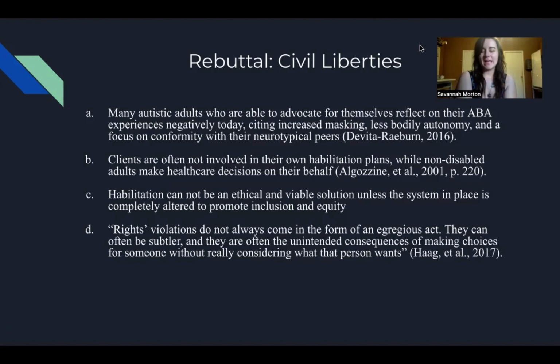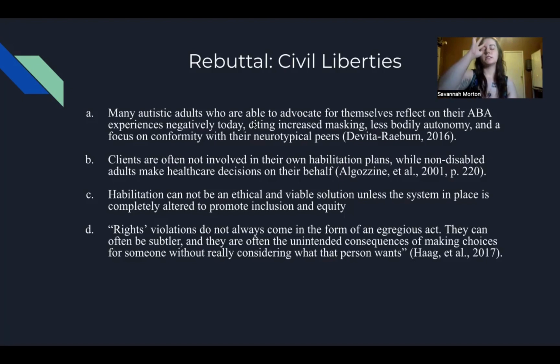Okay, and now I would like to go ahead and present my rebuttal arguments in favor of civil liberties over habilitation. And I do want to also continue to talk about the autistic adult experience when we're talking about resources available and therapies available. ABA is one of the more popular forms of therapy, and there have been plenty of autistic adults who are now able to advocate for themselves, and as adults they report negative experiences of ABA today. And they cite things such as increased masking, which is essentially hiding their autistic symptoms, if you will,